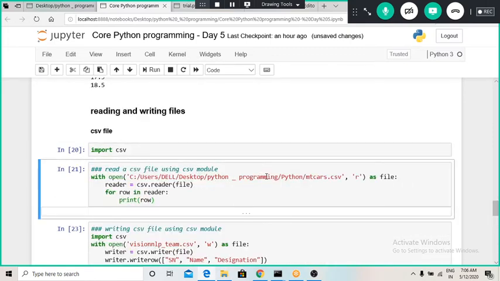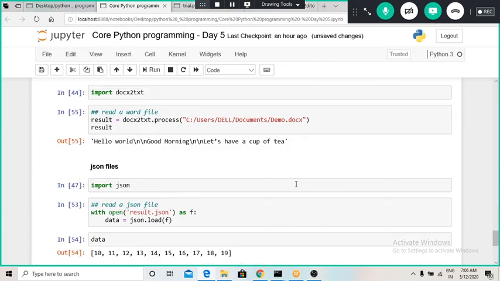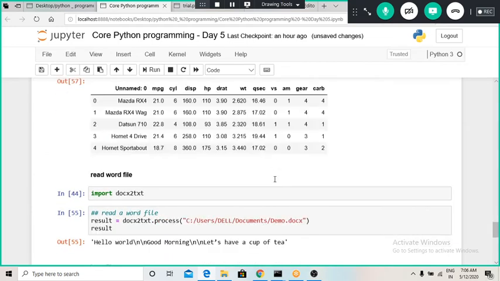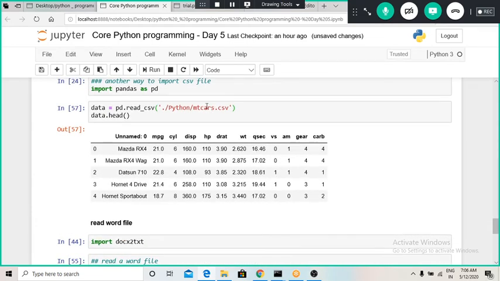There are two ways of accessing such a file which is inside some other directory. I know that my empty cars data is in the Python folder, which is stored in the Python programming directory. So for that I can use the dot slash command.